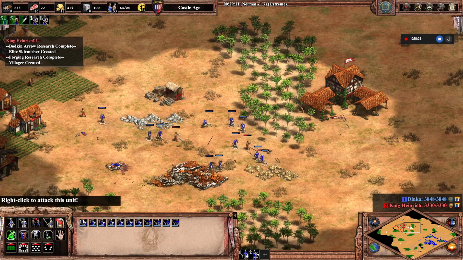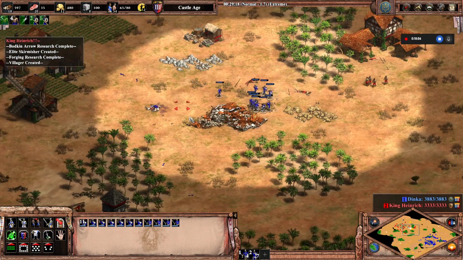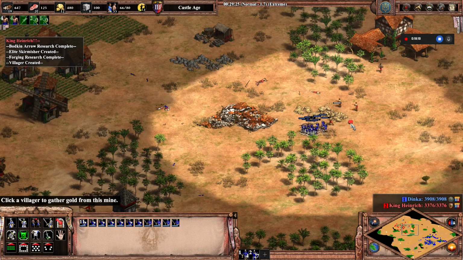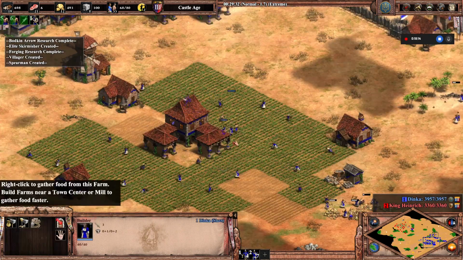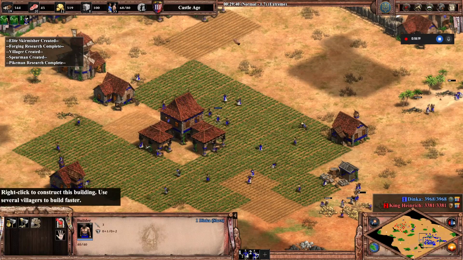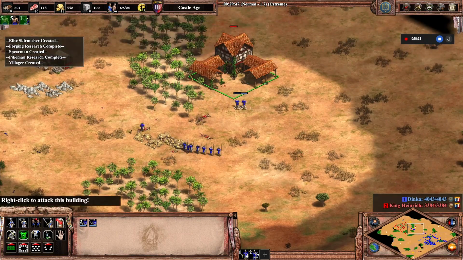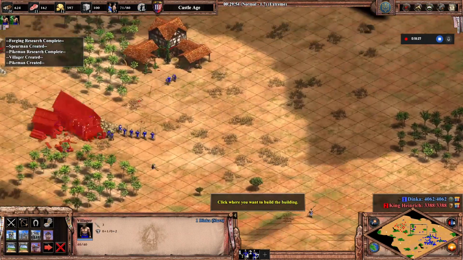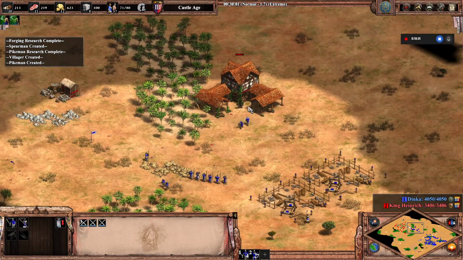Alright, now we're harassing villagers. Very good. Keep making farms, wood, whatever feels right. I think now I'm gonna try to make a siege workshop or two. And it looks like they're not producing knights anymore, so what I'm gonna do is I'm just gonna start